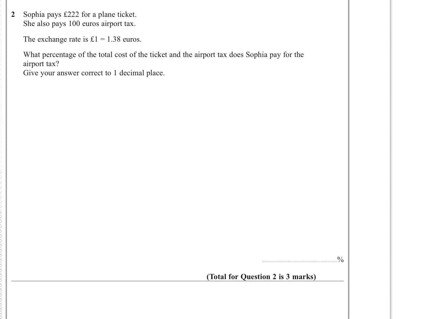Question 2. Sophia pays £222 for a plane ticket. She also pays €100 for the airport tax. We're given the exchange rate here, and we've got to find what percentage of the total cost of the ticket and the airport tax Sophia pays for the airport tax. So I think we've just got to do this sum here, to be honest, and then change this fraction